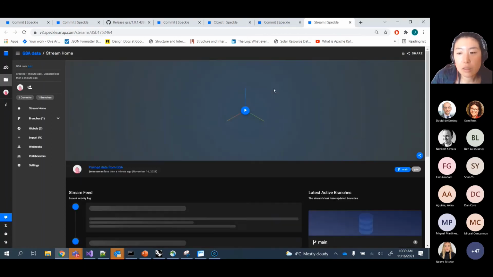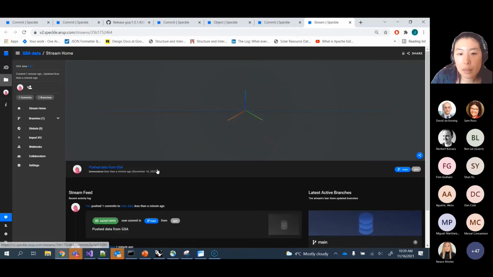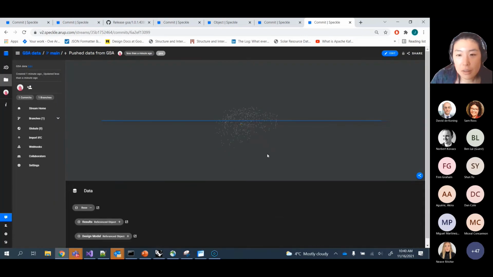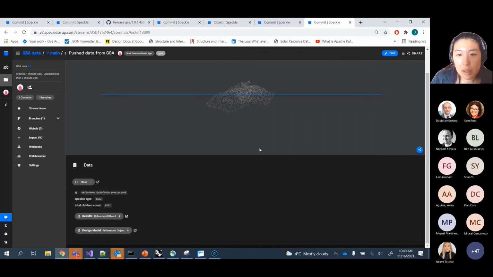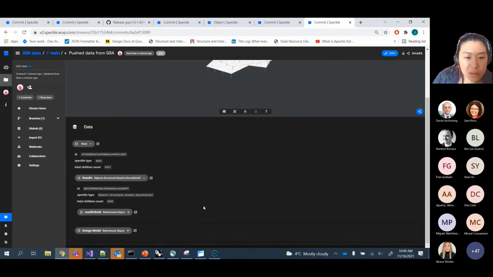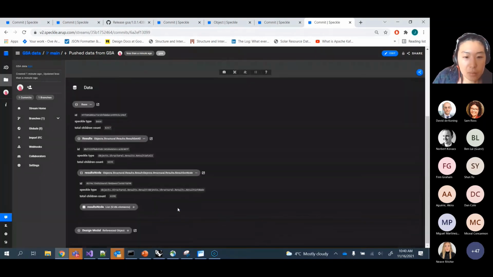And we'll see. Sorry, I shouldn't have clicked that. We'll see our model here. We'll see the nodes that were created when we meshed, and we'll see as well the results. So in this case, I think we only had the nodal results. Oops, sorry, I shouldn't have clicked so quickly. But